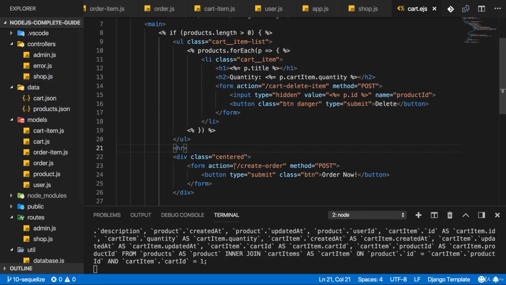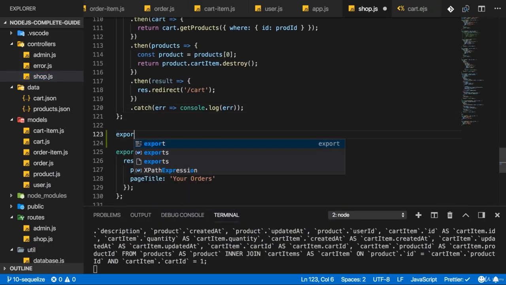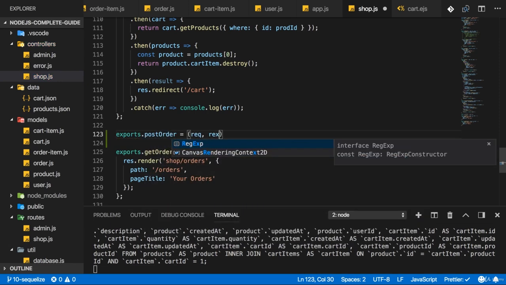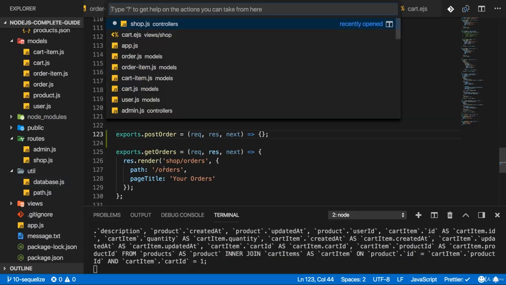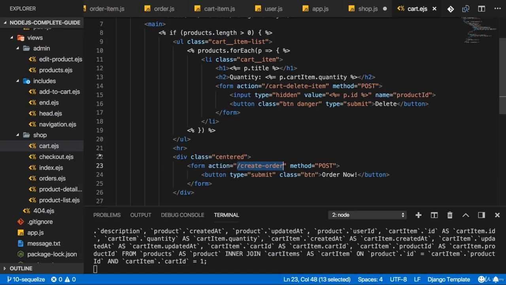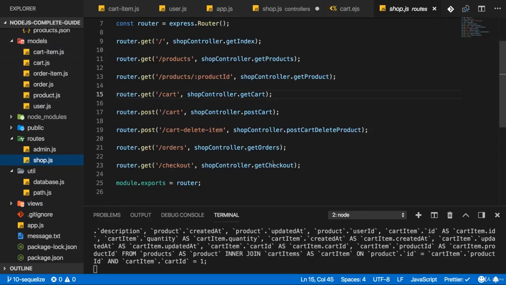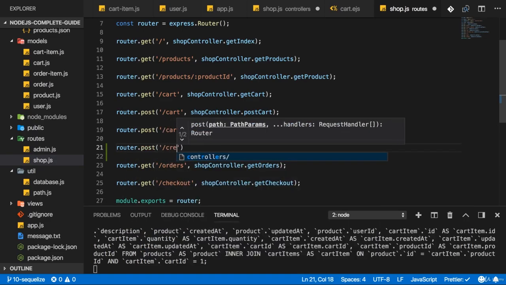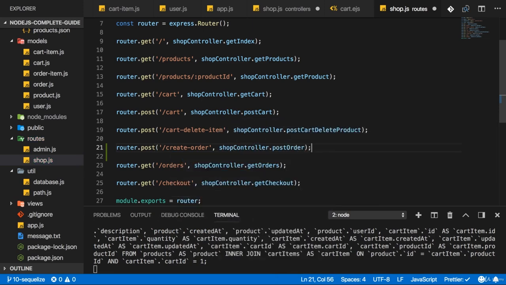Let's go to shop.js and make sure we have an action for creating a new order. So here I will go there and exports post order, which has the normal middleware function as we know it. I'll also create a new route for this to handle a post request to this order route. So a post request to /create-order. For that, let's go to routes shop.js and let's register a new route here. Router post create-order. And there I'll use my shop controller post order, this new action I just added, which